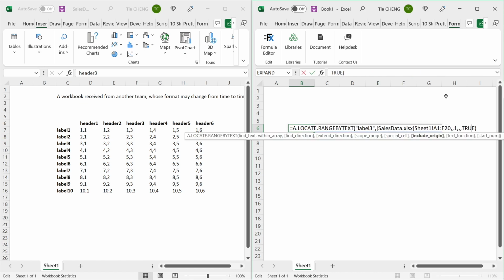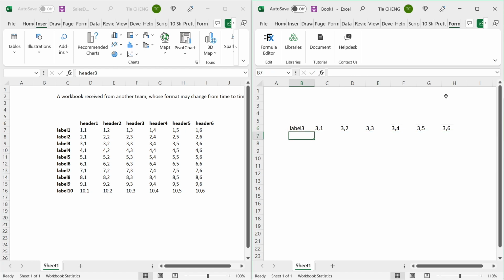This function has many parameters you could tune. For instance, you could include the label by setting the include origin to true. When we design AutoExcel, we try to make sure that every parameter is relevant, and tuning these parameters makes a function powerful enough to suit all your daily needs.